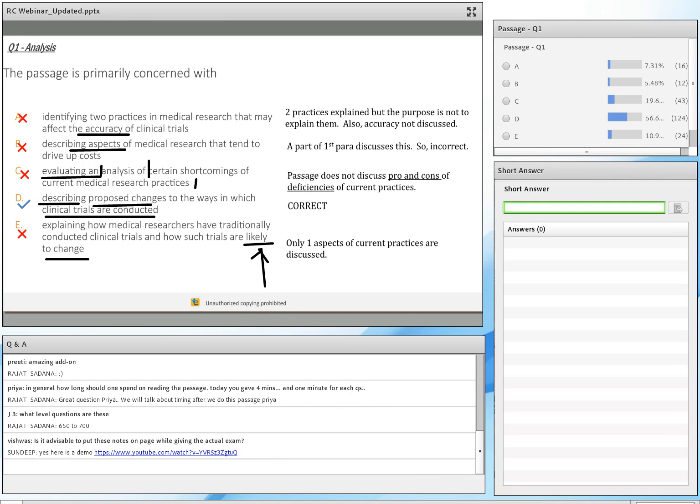Why is choice C incorrect? Do you know that that's how the trials are likely to change? As an author, if you were writing this report, are you really going to say that this is how the trials are likely to change? No, you don't know that. You're saying this is what FNC has proposed.